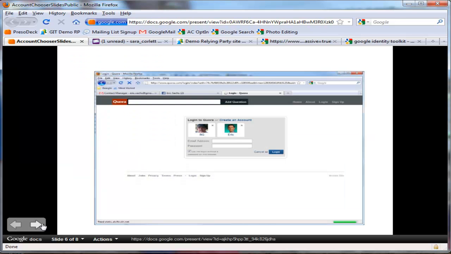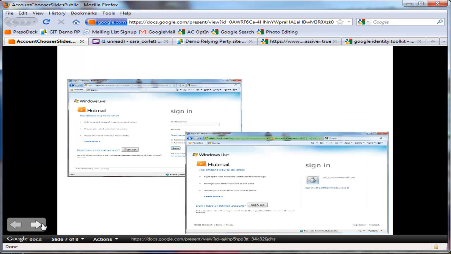Some websites like Quora and Hotmail, after you log in, already use this type of approach. But we want to also leverage the idea of OpenID and identity providers like Facebook, Google, Yahoo, and others that eliminate the need for creating new passwords. We're going to demo an account chooser working on 2 websites, including a version we have deployed internally at Google